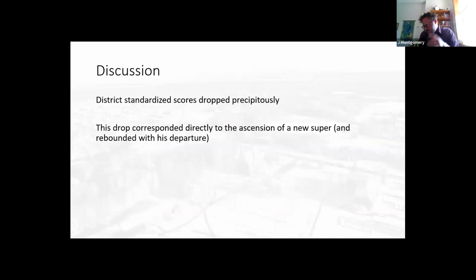So in terms of discussion, what does it all mean ultimately? And this is a bit harder for us to tease out. So there's no argument that scores fell sharply in the district coinciding with the arrival of a new superintendent. As we showed, they rebounded just as strikingly with his departure. What is also not in doubt is that the superintendent initiated a lot of unpopular new requirements of teachers and failed to adequately communicate the rationale behind seemingly unconnected but disruptive change. And yet, when apportioning blame, teachers blamed themselves and their students and students' parents by wide margins, not the leadership.